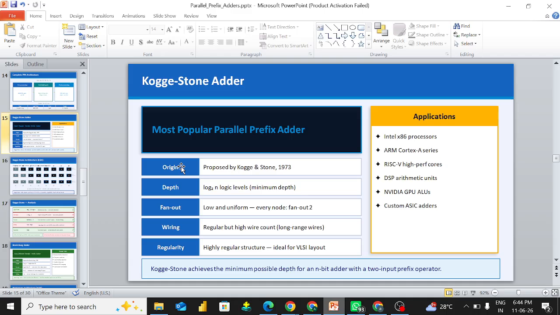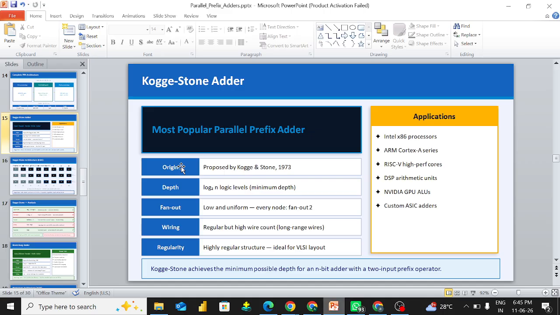You should also know the concept called the black cell. What do you do inside the black cell? In the black cell, we combine both neighbors' GPs and form a group, and we transfer those GPs to the next level. This is the case of the black cell, whereas in the gray cell, we are also combining both neighbors' GPs, but here we are only producing generate. We are only transferring generate. Why? Because